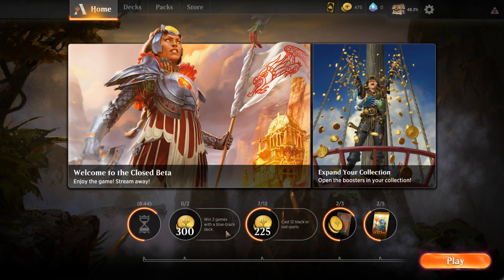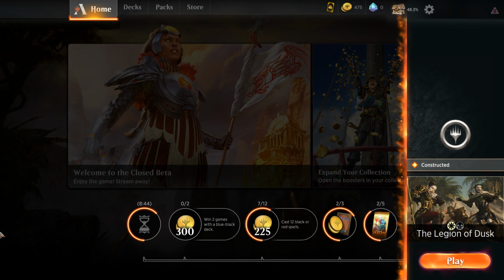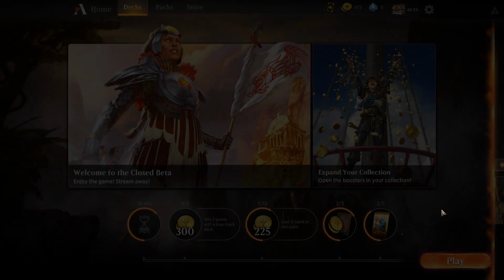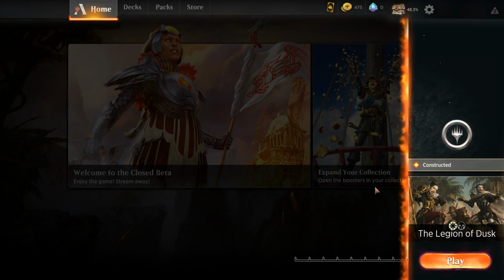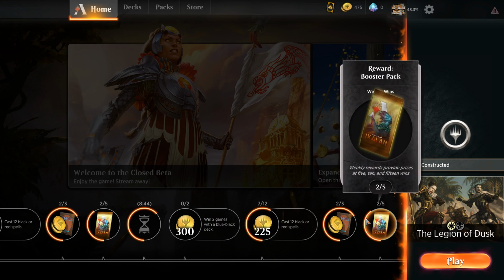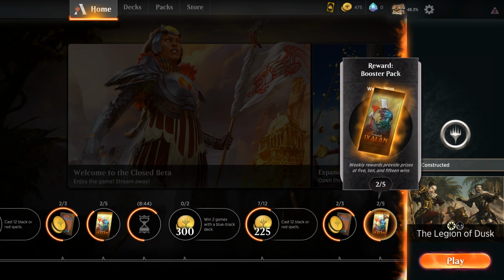Win 2 games with a blue and black deck. Cast 12 black and red spells. And then if I go play, now it's no longer here, but somehow my quests ended up right over here, and these switched order and were there. Let's click on the vampires again and see if we can recreate that. Yeah, now my quests are all screwed up. I guess they're just doubled or something,